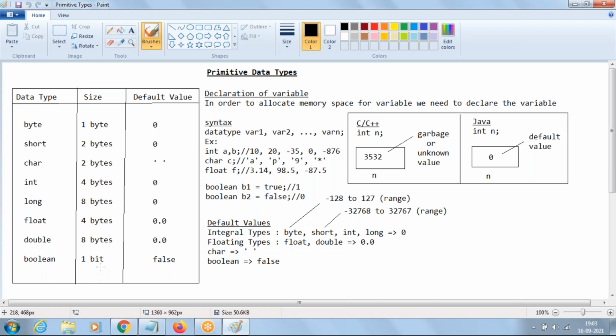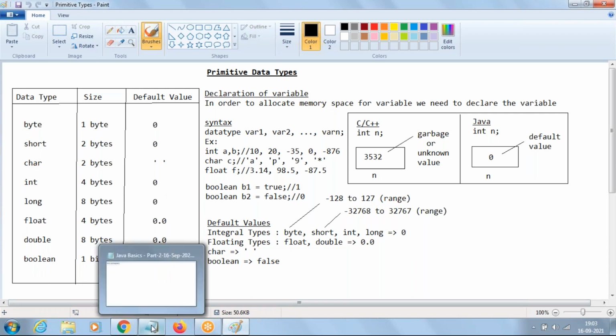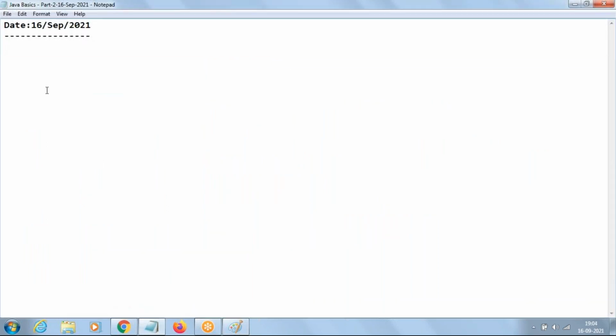Yeah, hi. Right. So in Java, we have a total of 8 primitive data types. Now, today let us move to the next topic, typecasting. The meaning of typecasting is converting from one data type to another data type.